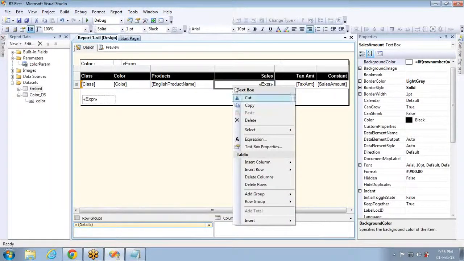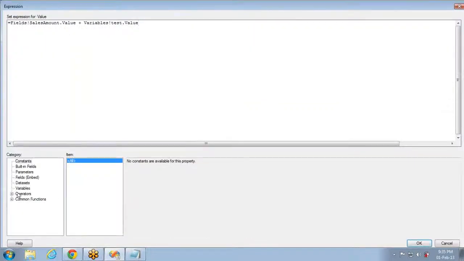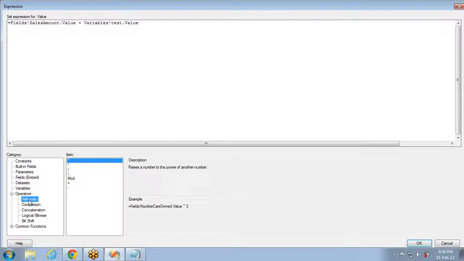And the next option is, if you see, the next category is operators. I don't need to explain anything here, the operators. Why? Because you can find the description here. What is this operator for? You can see this power operator raises a number to a power of another number. For example, I'll give some hard-coded value. You know 2 to the power of 3. What is the 2 to the power of 3?